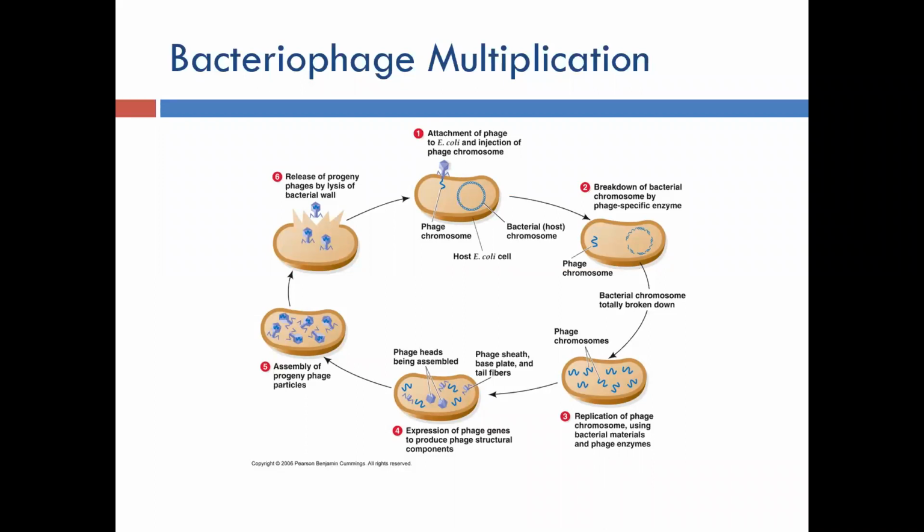Then in the second stage, there's breakdown of bacterial chromosomes by phage-specific enzymes. The chromosomes are broken down to allow the process of protein synthesis to start. After the bacterial chromosome has been broken down, it allows replication of the phage chromosomes using the bacterial materials